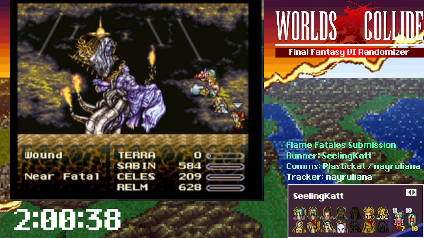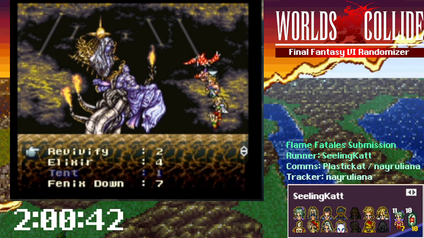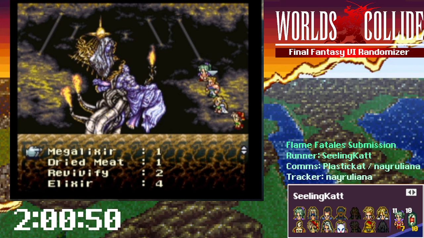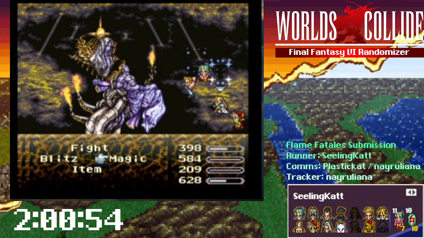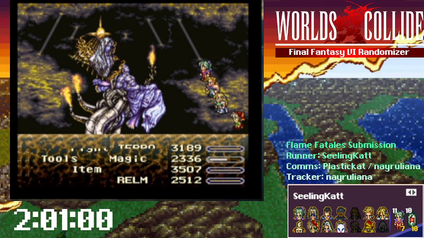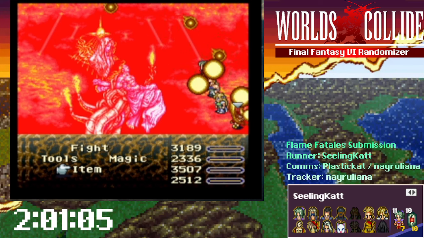Ah, Mega Elixir! Burning it from the beginning of the game, first shop. And so we say goodbye to our dear, dear Mega Elixir. While the meteors keep pouring down over and over. Okay, sorry, Celes. It's not the same tier as before, but...